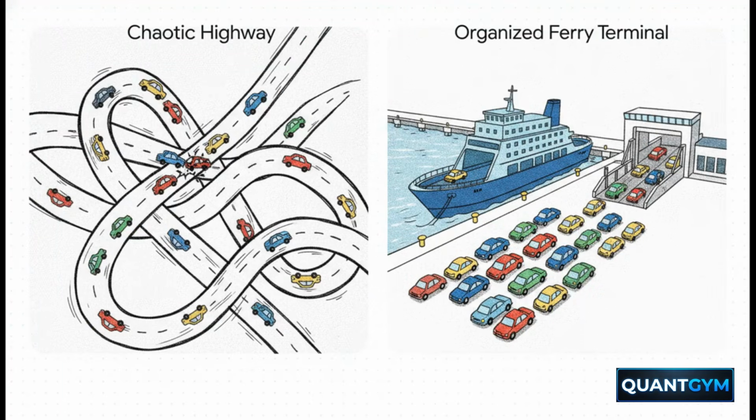Section 2. The call auction solution. Enter the architectural paradigm designed specifically to fix this volatility. And this brilliantly illustrates the difference between the two concepts. If continuous trading is that chaotic, high-speed highway with instant matching and asymmetric flow, the call auction system acts a lot more like a ferry terminal. Instead of letting cars just blindly speed onto a highway one by one, the ferry terminal batches all the vehicles, the orders, over a specific window of time. It holds them securely in an aggregate collection area, processes the total demand, and then they all depart safely together, executing simultaneously at one single mathematically optimized price.